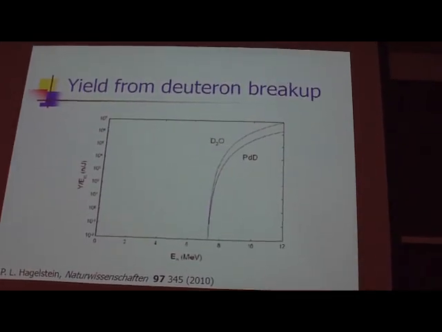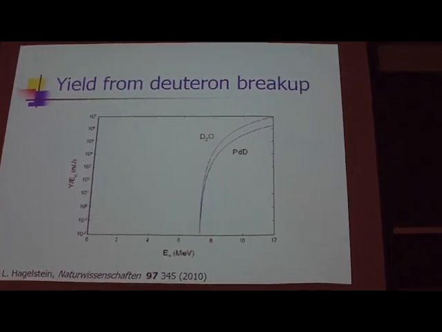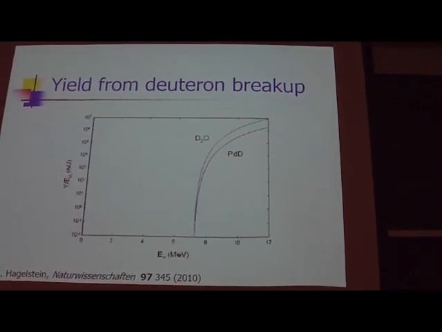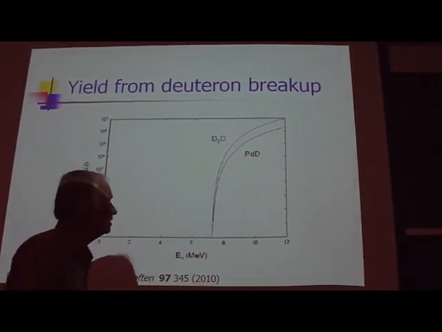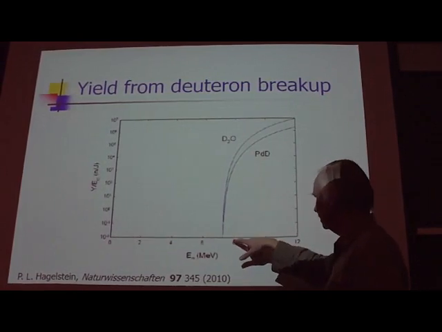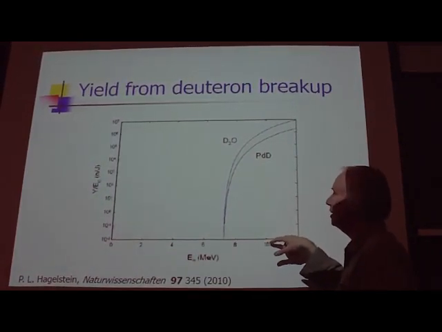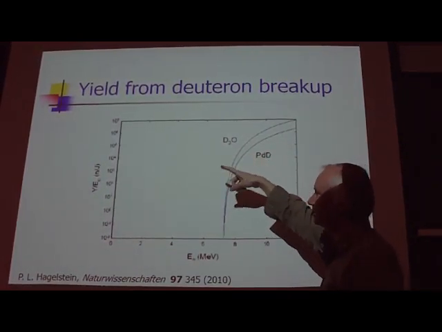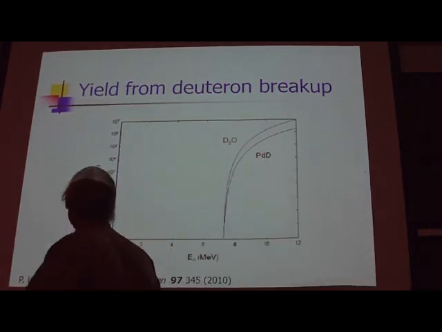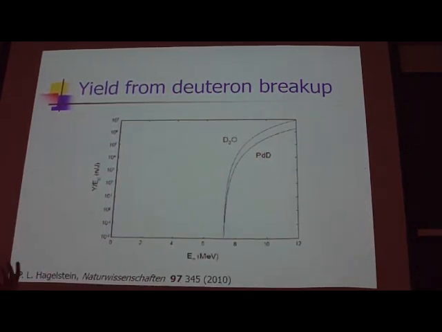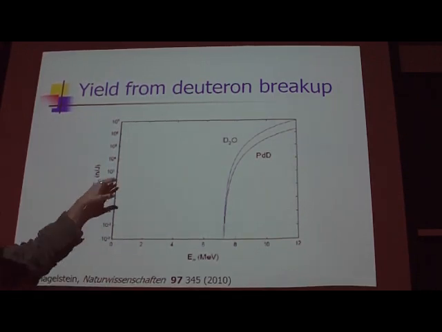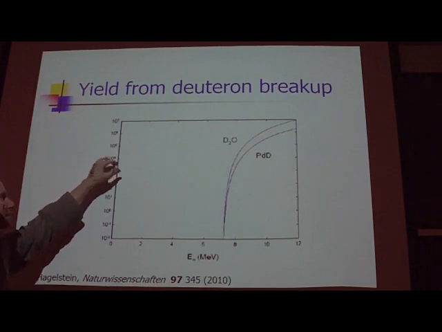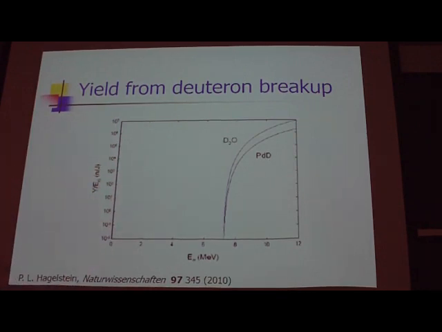Here's the yield that you'd expect from the breakup reaction. So here an alpha particle is destroying the deuteron and making a neutron and proton coming up. To get this to work, you need, I don't know, 8, 9, 10 MeV. But the yield is very high. So I made the yield in terms of neutrons per joule because you can measure the number of neutrons per joule. And numbers here, 10 to the 5th, 10 to the 6th. Basically, that's a lot of neutrons per joule, easily measured.